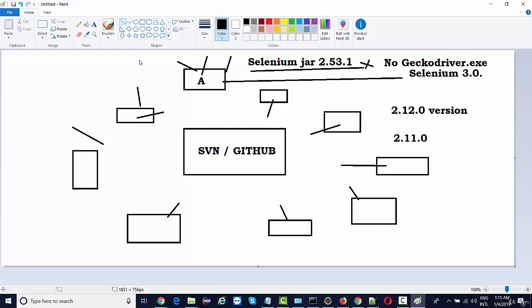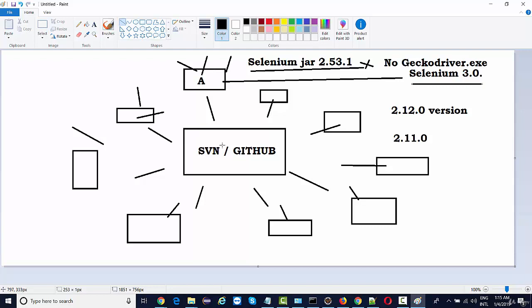At the end, what happens when everyone checks in the code? When I was leaving for home, I checked in the code. But the code that I was using was the latest Selenium, and the rest of the team was using Selenium 2.53.1.